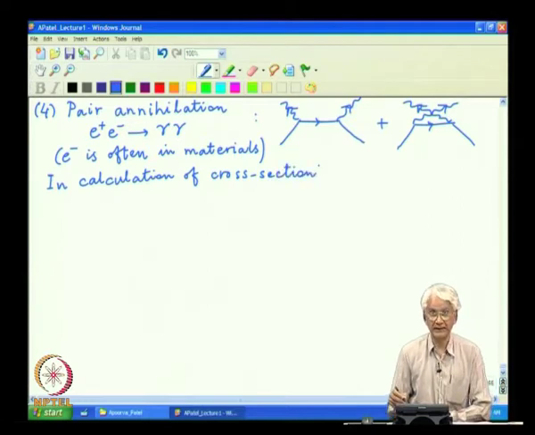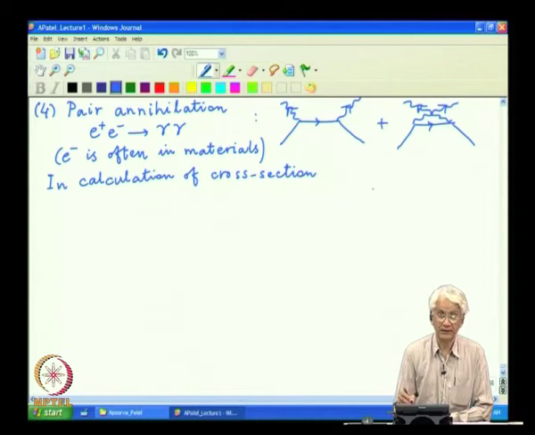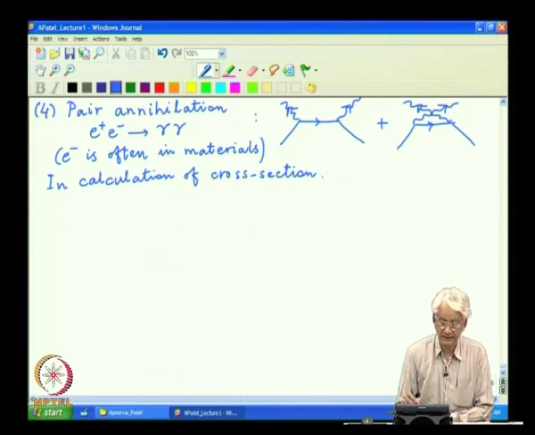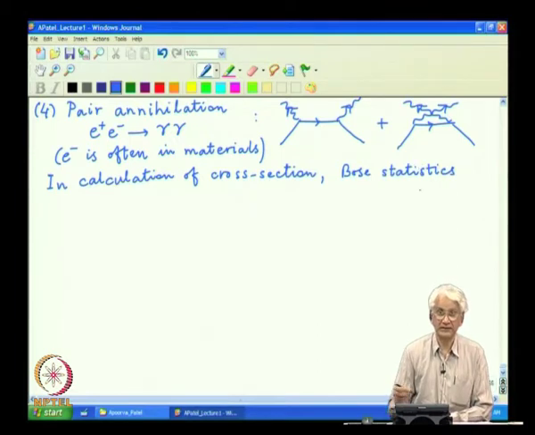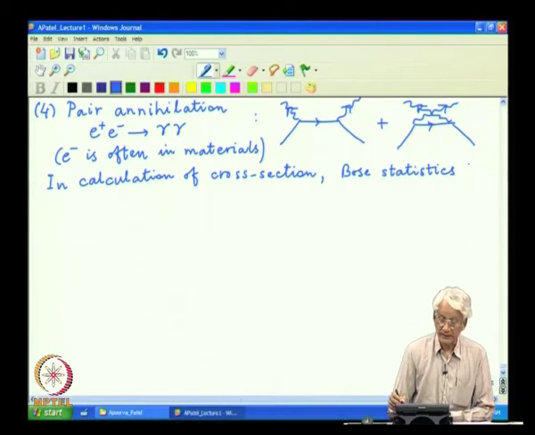now we have two identical particles in the final state, and to avoid double counting, one must include a statistical factor. So, one calculates first the process as if the two photons are distinguishable, and then corrects the over counting in that particular calculation by putting a factor of 1 over 2 factorial in the total result for the cross section.